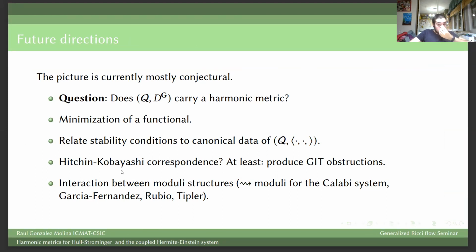And even in the case it does not hold, at least we might be able to use GIT obstructions apart from the obstructions that I told you about last week, which were these Futaki invariants. And also one other very nice thing to think about is if the following happens. So recall that in the theory of Higgs fields, there are different incarnations of the moduli space of the objects of interest. There is the Betti moduli space, the Dolbeault, and the Hodge moduli space, and each of them is defined in a different way and carries a different structure. But in the end,